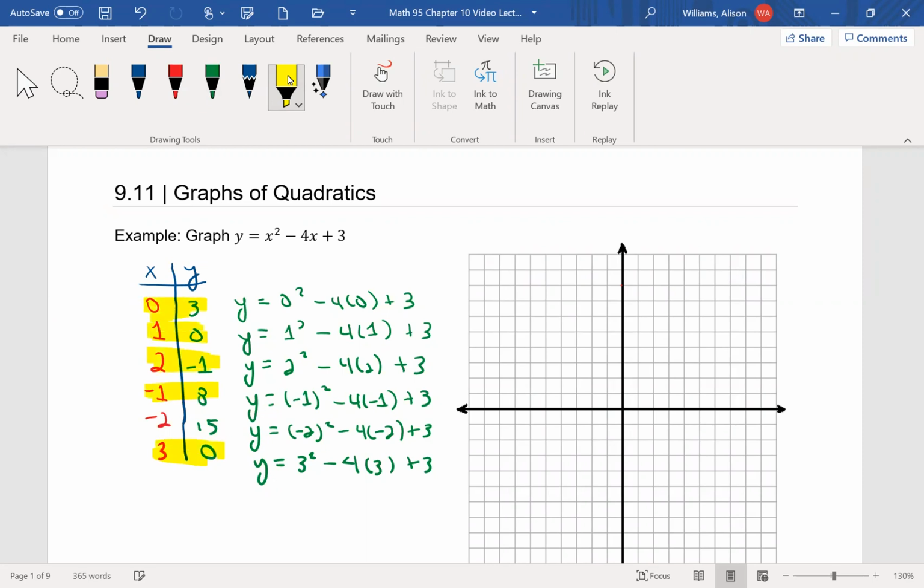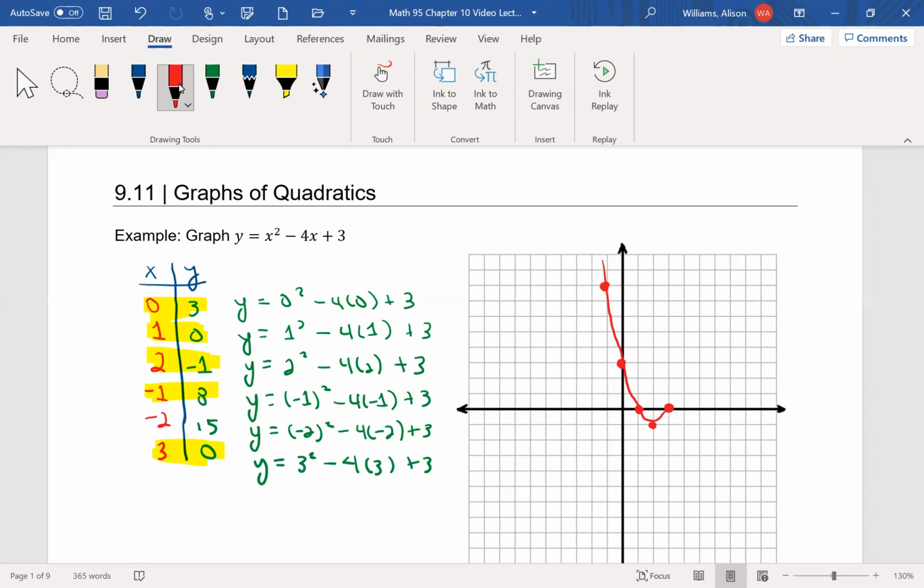I'll ignore that one. So 0, 3 is going to be here. 1, 0 is here. 2, -1 would go here. -1, 8 is going to go, let's see, wait, that's 3, 6, 7, 8. Okay, right there. And then 3, 0. There we go. Okay, so what I hope you're noticing is if I were to draw this,